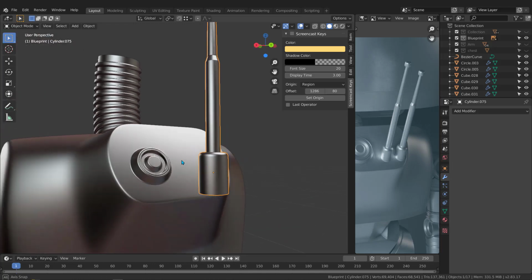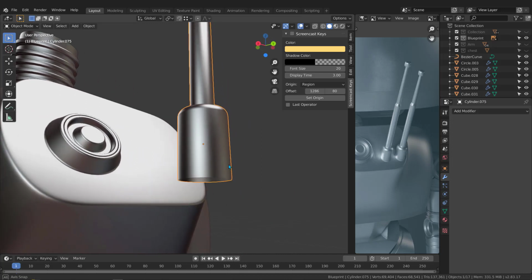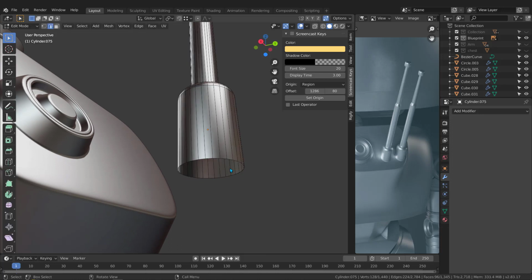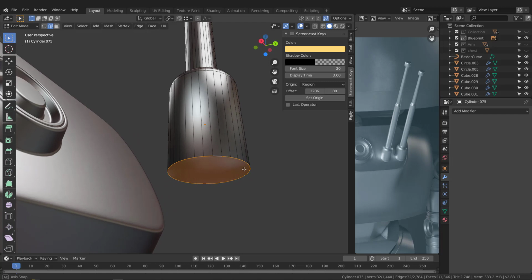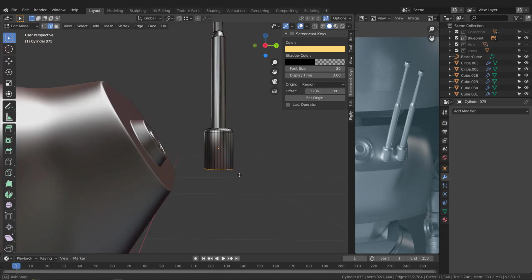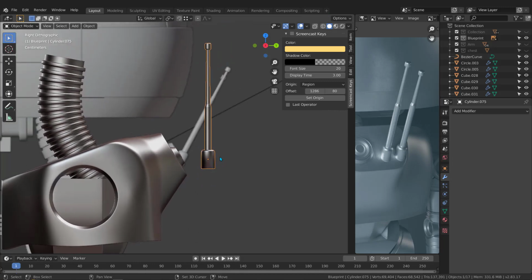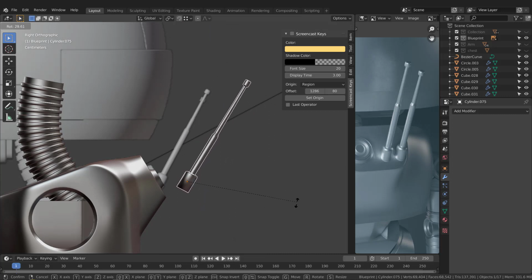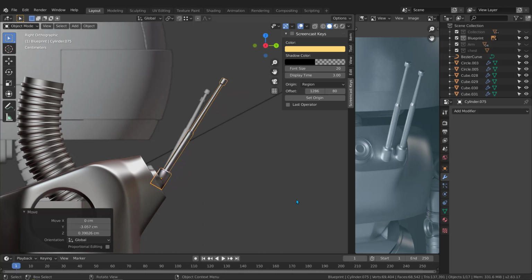Well, now what else can we do here? Let's see what we can do here. I think I need to fill this area just temporarily. So select it, hit F to fill this area just for now. Let's go to the right view and let's rotate this. Hit R to rotate it just like that, and hit G to move it, and just align it with this piece. R again,